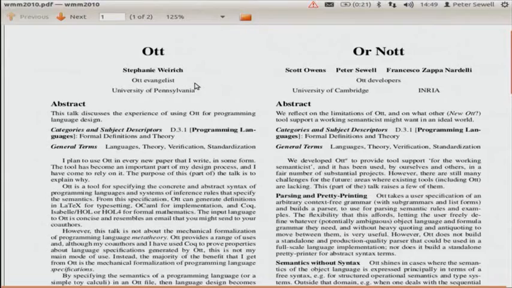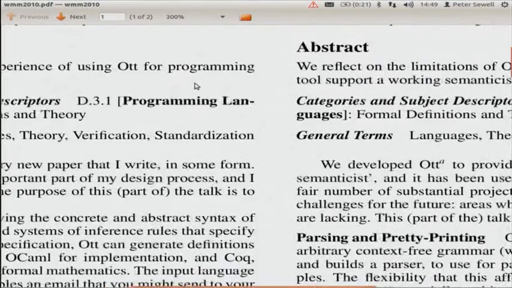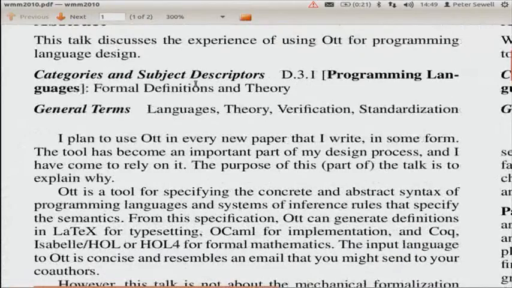And Stephanie said, I plan to use Ott in every new paper that I write in some form. Whew. The tool has become an important part of my design process, and I've come to rely on it. The purpose of this part of the talk is to explain why.